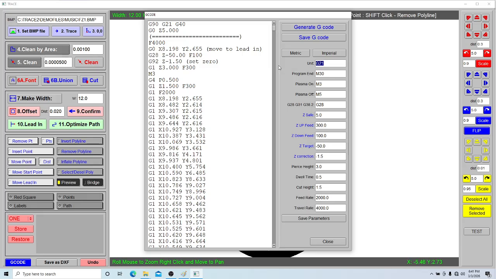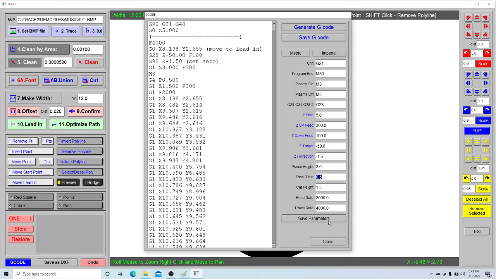Is it metric unit, how is the program ending, how is plasma on, how is off, using G28 or G31, what is Z safe, feed for going up, Z axis, feed for going down. Here is Z target and Z correction. If you have a mechanical switch before you start your torch height control,